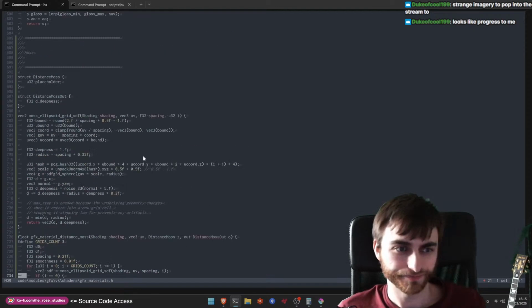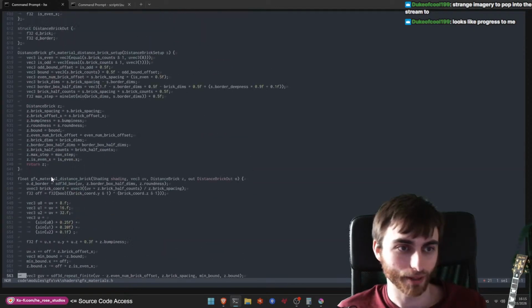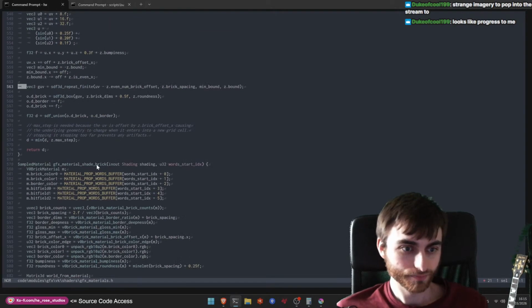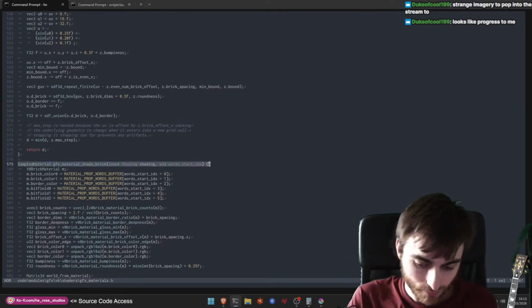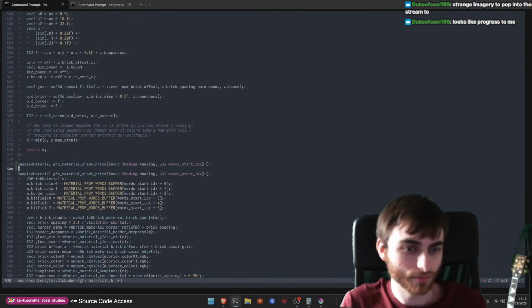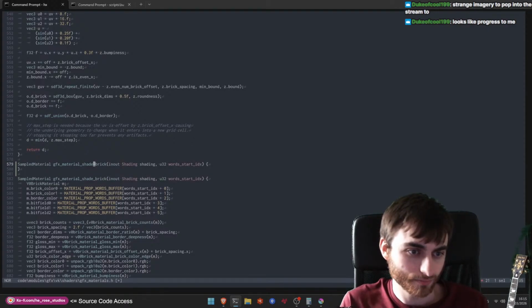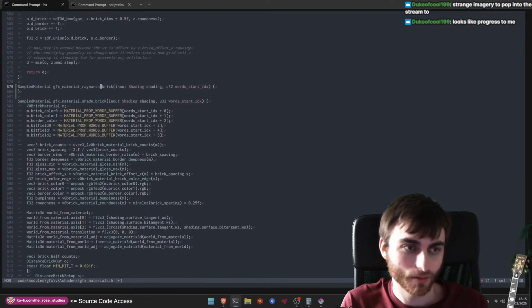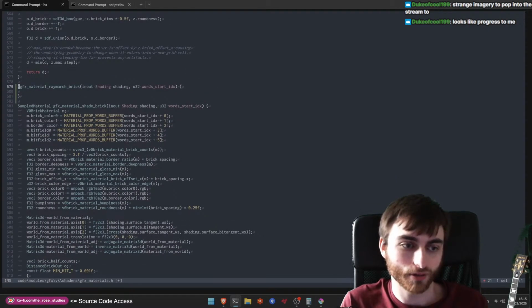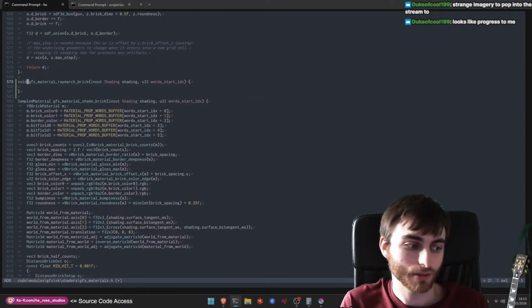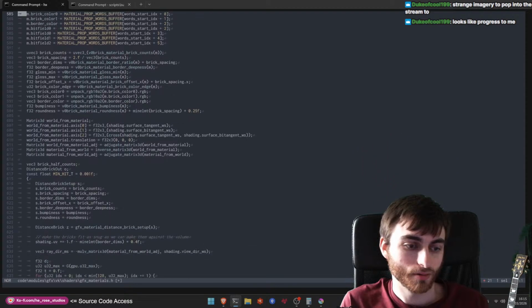So let's start with a brick. We'll call it Ray March. So the Ray March brick is just gonna effectively modify the UV. Okay. Now,